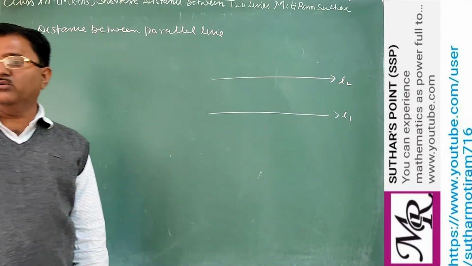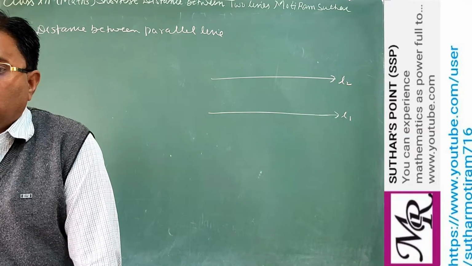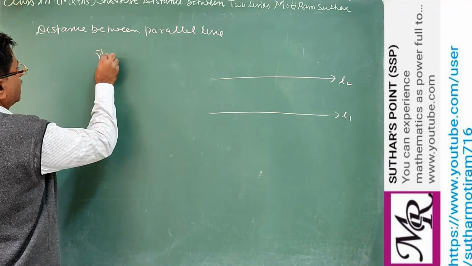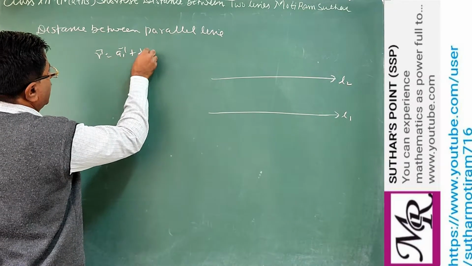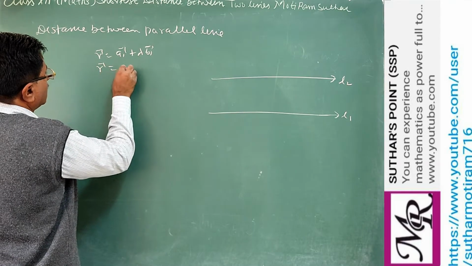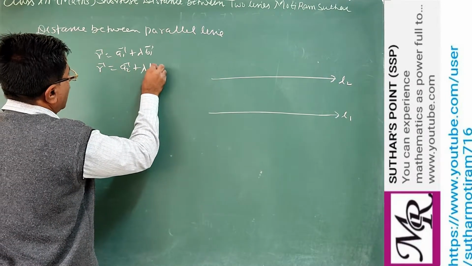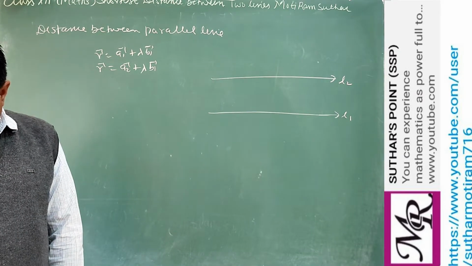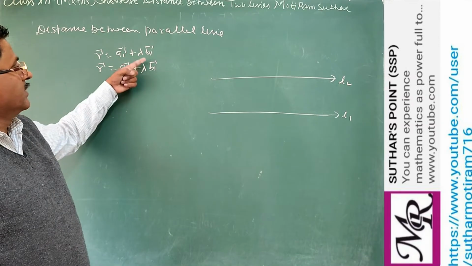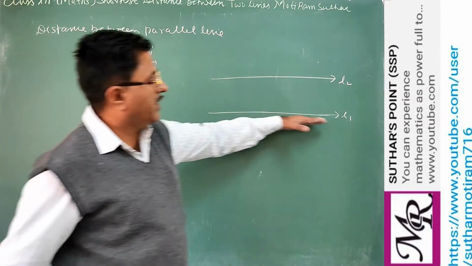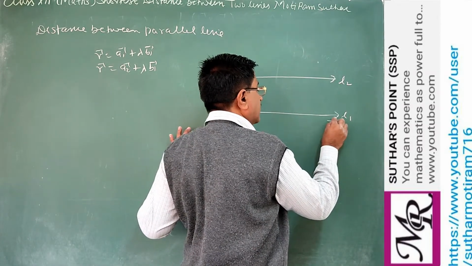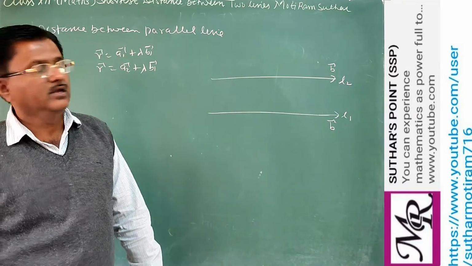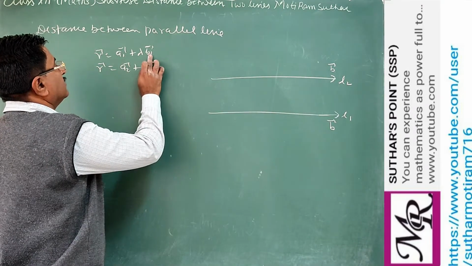So if the lines are parallel and we are looking for the perpendicular distance between these two lines, how do we find the length of the perpendicular? Suppose we are given r equal to a1 plus lambda b1, and r equal to a2 plus mu b2. Now you can see a very important thing: if the two lines are parallel, then this will be the same. Because the lines are parallel, vector b1 is equal to b2, since both are parallel vectors, so we may generally write them as vector b.